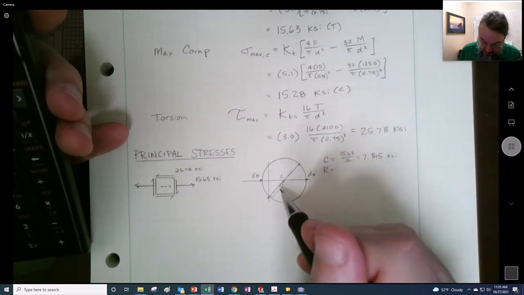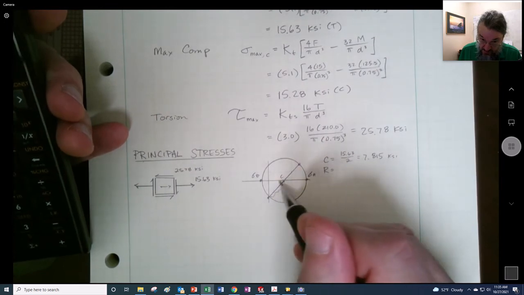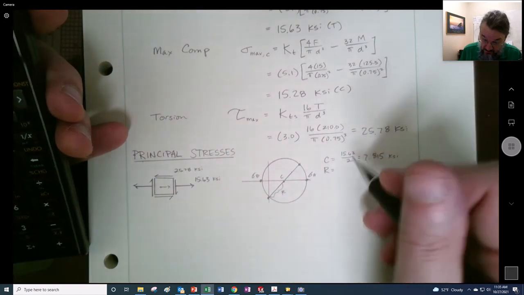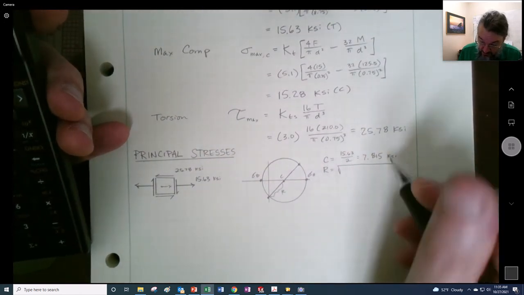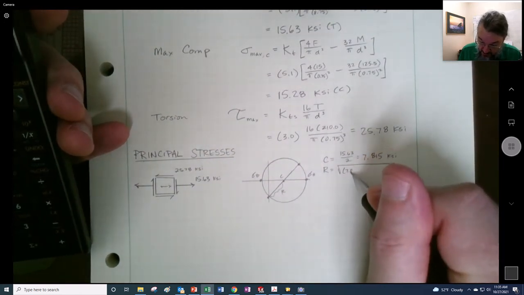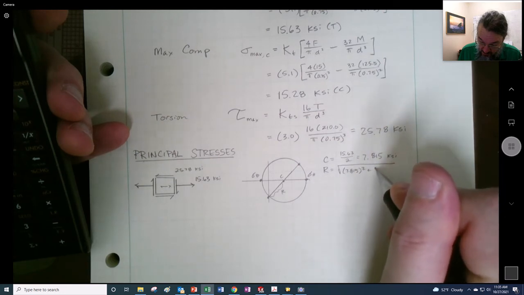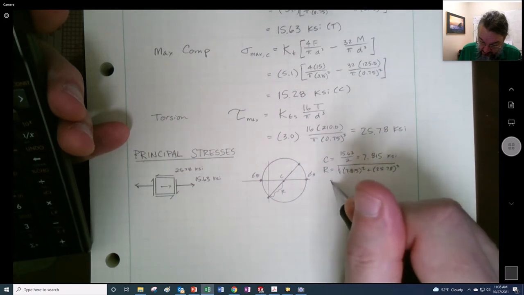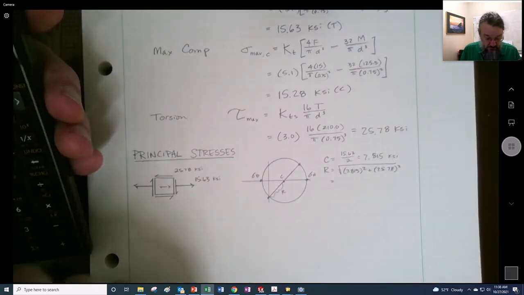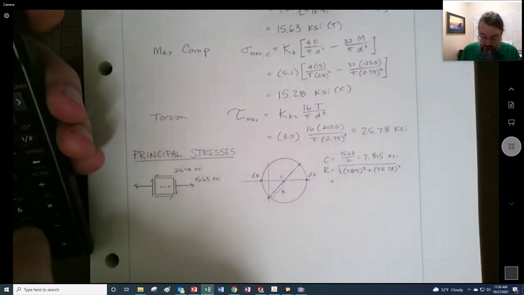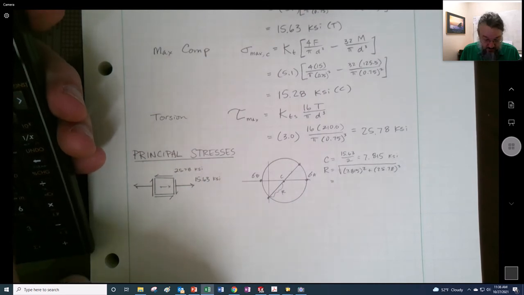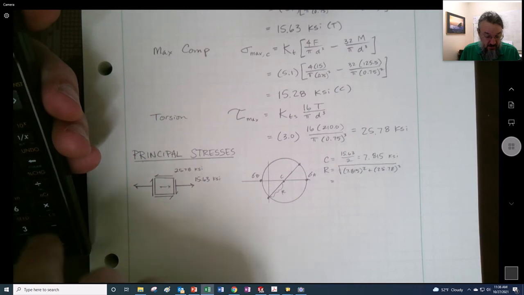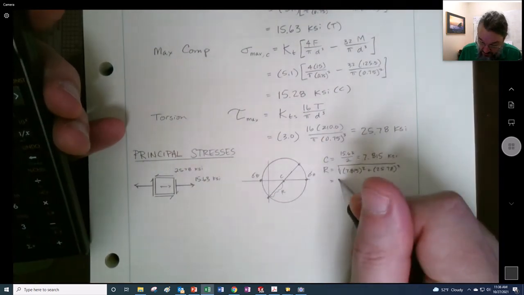R is going to be this right here. So it's going to be this leg, which is C, and that leg, which is tau. So square root of 7.815 squared plus 25.78 squared. And 25.78 squared, square root. You get